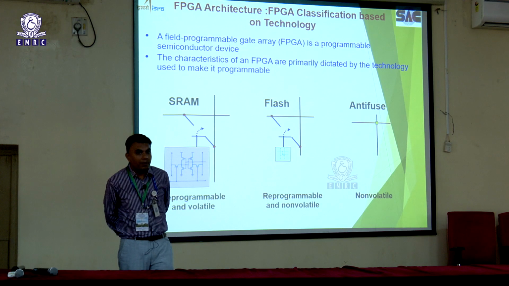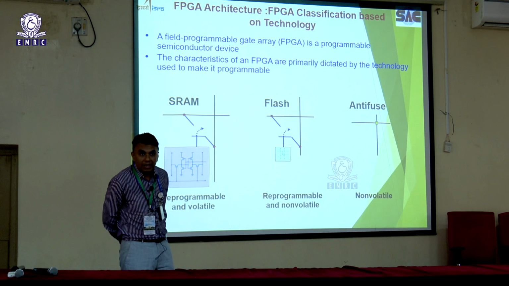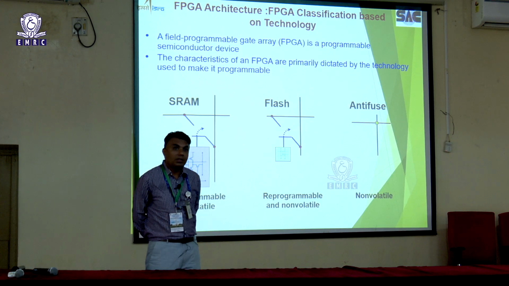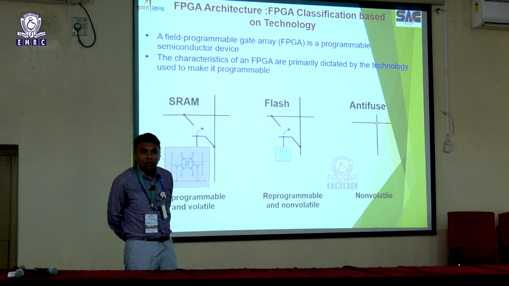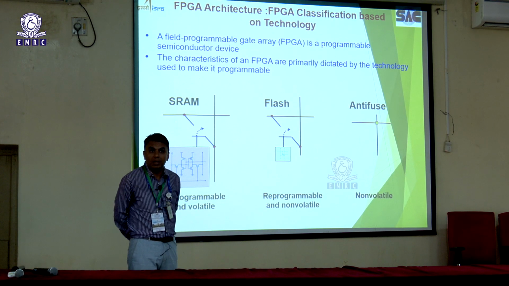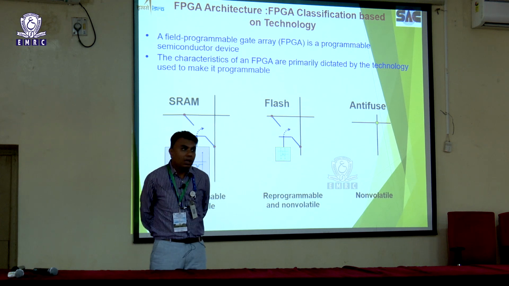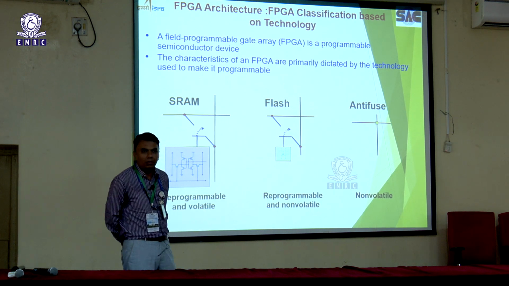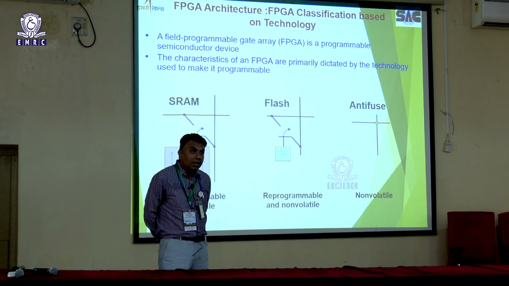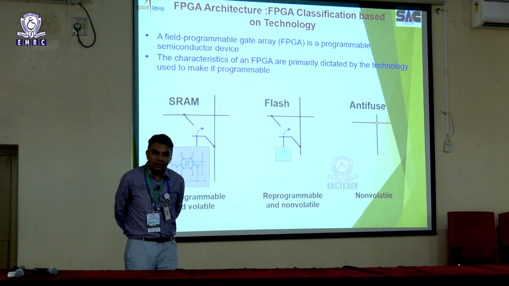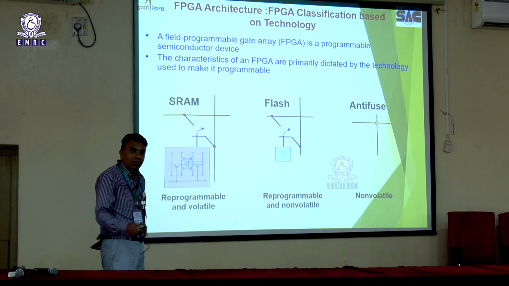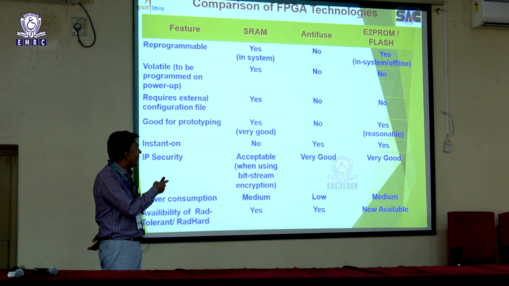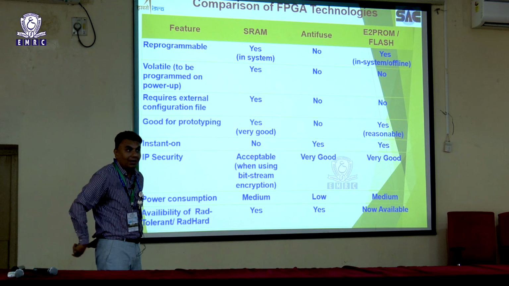Each has some pros and cons, and based upon your application, the mission profile also plays a very big role, where we are launching the device. Suppose you are going for a GEO mission, then reliability is ultimate. But suppose you are going with LEO missions, LEO satellite orbits, then you can go with an SRAM based device also, there is no issue, because SRAM based devices are typically quite big in nature. So in a single FPGA itself, you can fit a lot of applications. I am just comparing the pros and cons of each technology.